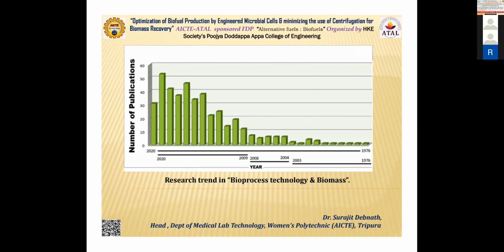So if it is already entrapped in the cell, you cannot separate it easily. In order to separate it, you have to apply a proper kind of centrifugation. Now centrifugation is also a very high energy demanding process. We shall come to this point. So in this slide, what we are trying to show you is that recently, after 2000, there has been rapid development in bioprocess technology, and therefore now we have some technology that we can use to reduce the cost of bioprocess, or to reduce the cost of processing the biofuel from its basic nature. Okay, so we'll come to this point.